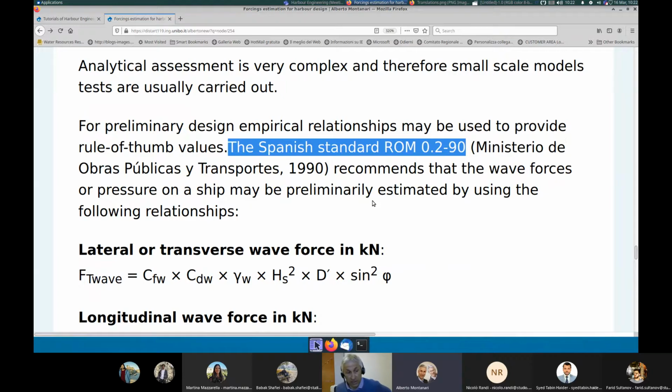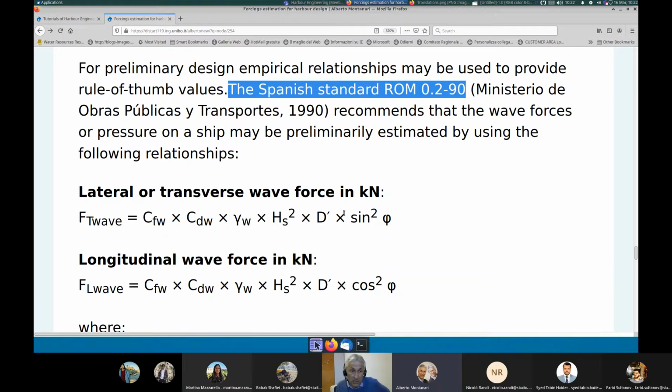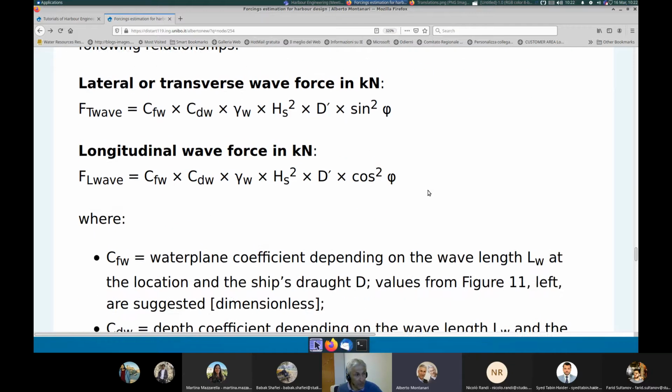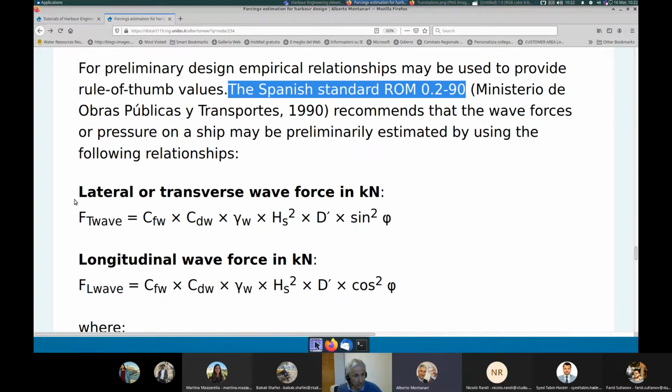But in general, keep in mind that, strictly speaking, these are guidelines that are suggested for the Spanish context. Once again, make sure that you get the correct guidance for the place where you are making your design. We are now referring to an international context. So it may be a different context, and may have very different guidelines. Now, this is very simple, and it gives you two